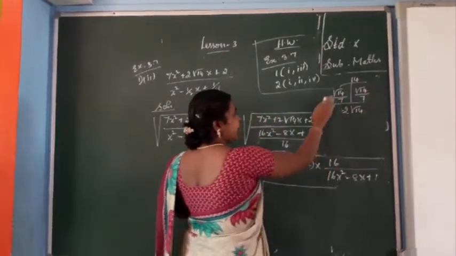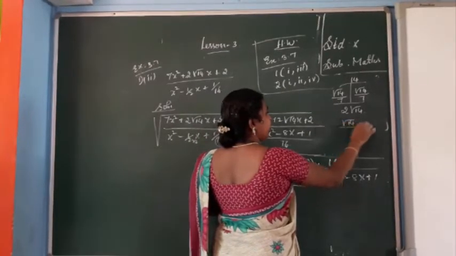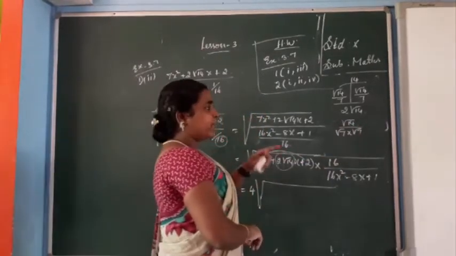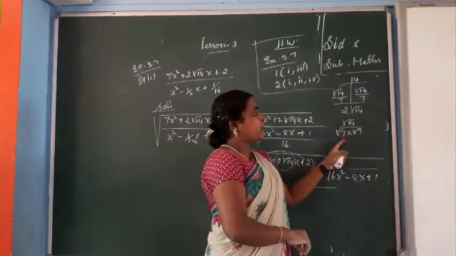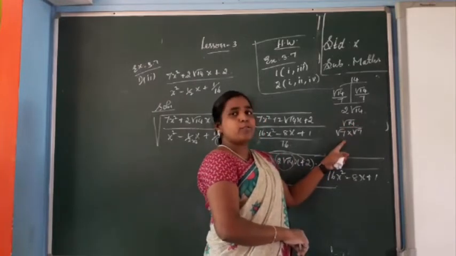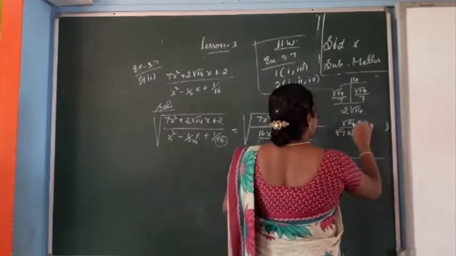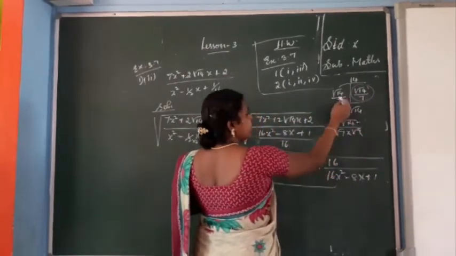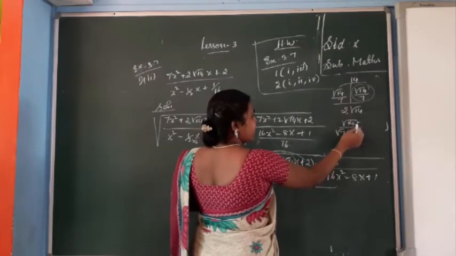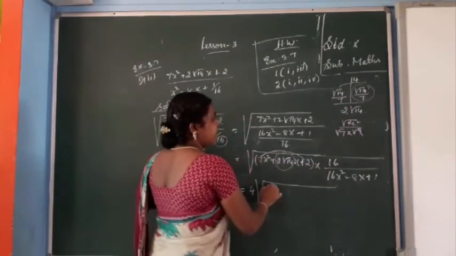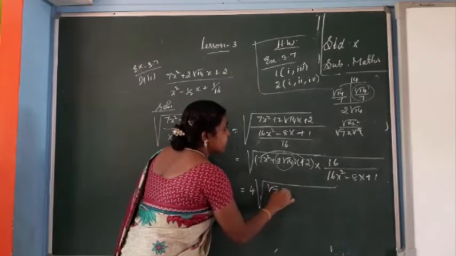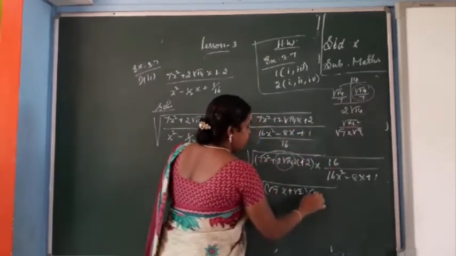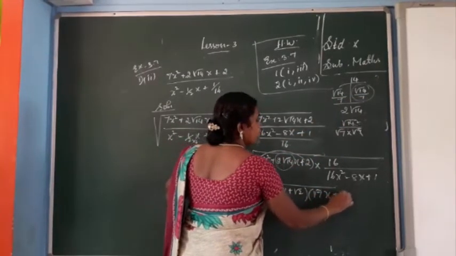So once again you do the calculation of that part. Root 14 by, instead of 7, you think that is root 7 into root 7. Then only we can eliminate that value. So root 14 by root 7 into root 7. Instead of 7, I have written root 7 into root 7. So now you simplify. 1 7 is 7, 2 7 is 14. In the second part also the same element only. So now instead of root 14 by 7, we got root 2 by root 7. So the factor is root 7x plus root 2 into, again one more, also the same value, root 7x plus root 2.